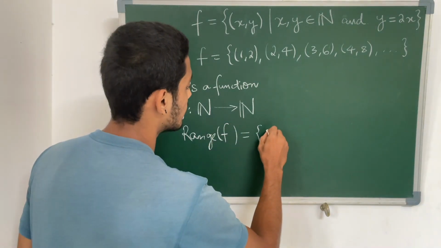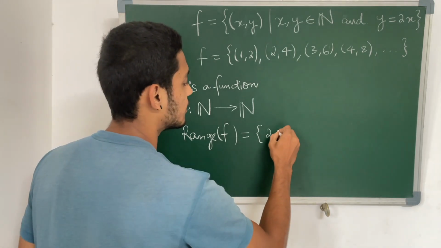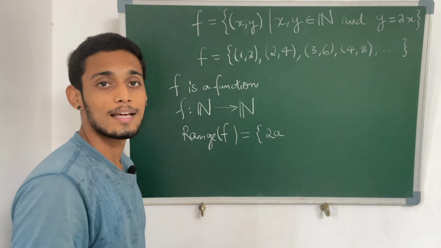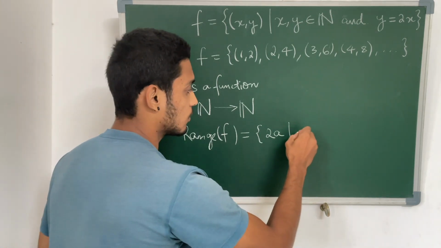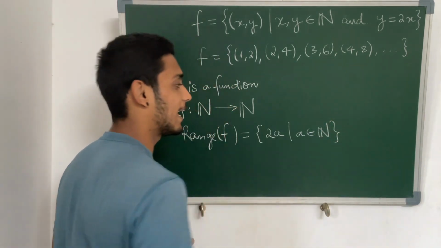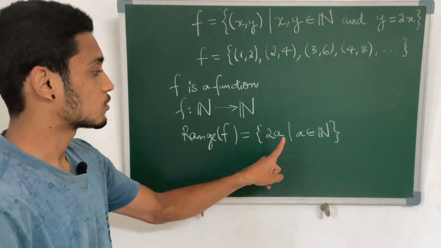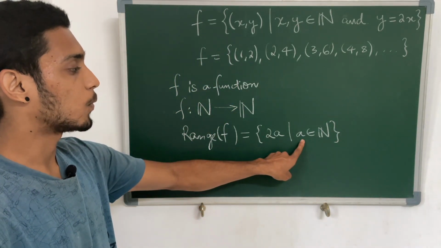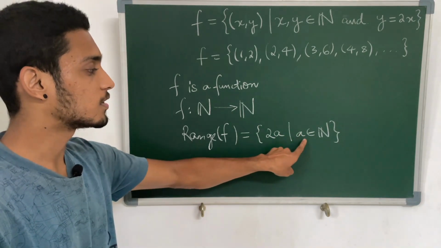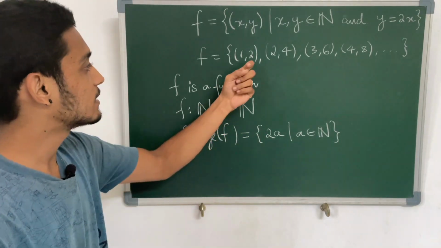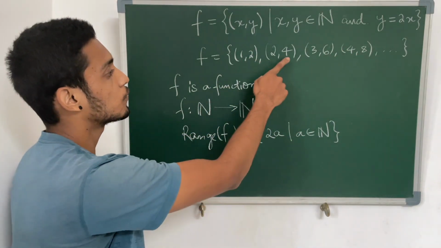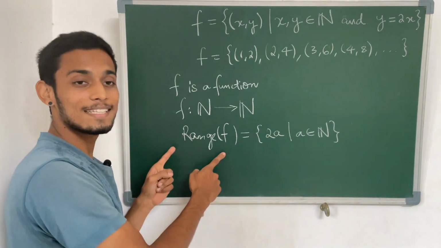So let us see. So anything multiplied with 2 is an even number. So I am taking a random element a. So a must be a natural number for this to be true. So if you say the first natural number 1, then you get 2. If you take 2, you get 4, 3, you get 6 and so on. So basically we are forming all the second components of these ordered pairs, 2, 4, 6, 8. So that is exactly the range.